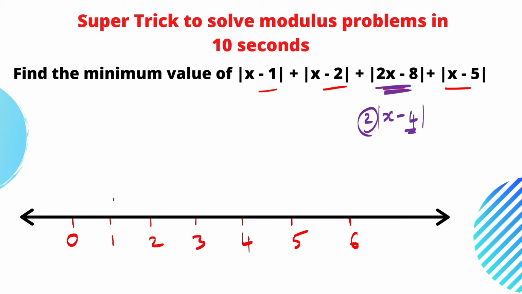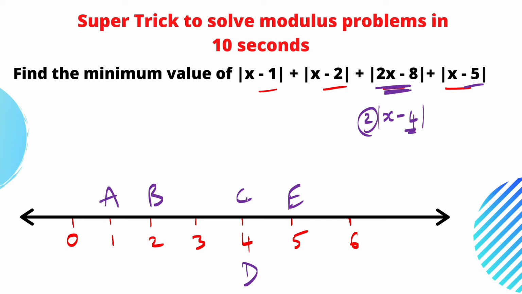A is at 1, B is at 2. Now at 4, 2 more persons are there. So C and D are at 4 and E is at 5. Now do you remember the condition? The number of persons to the right side of the midpoint must be equal to the number of persons to the left side of the midpoint, but in this case it is not possible. So what shall we do?